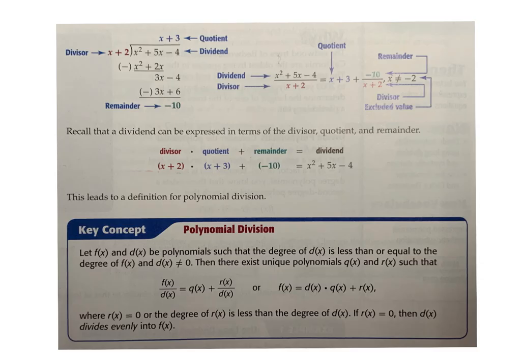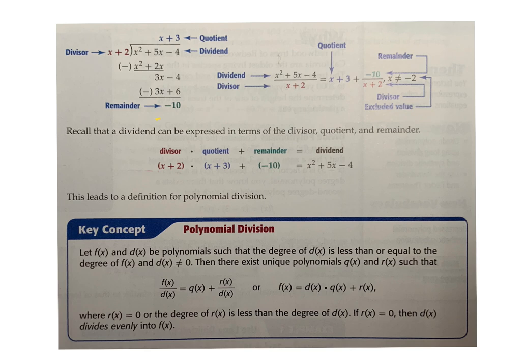It is the same as long division. You have a quotient, a dividend, and a divisor. You have a remainder. There will be times when you potentially don't have a 0 as a remainder. If you don't have a 0 as a remainder, you can't continue to factor because it's not a factor. So if you're just doing division and they want to know the answer of what is this divided by that,